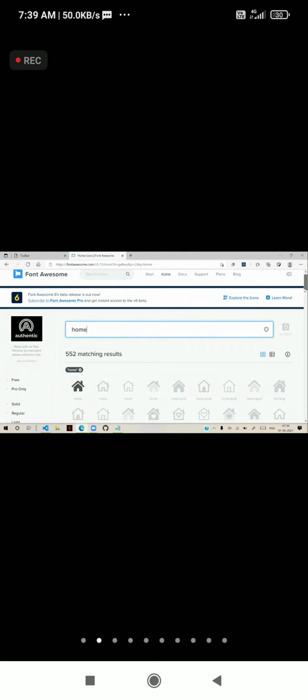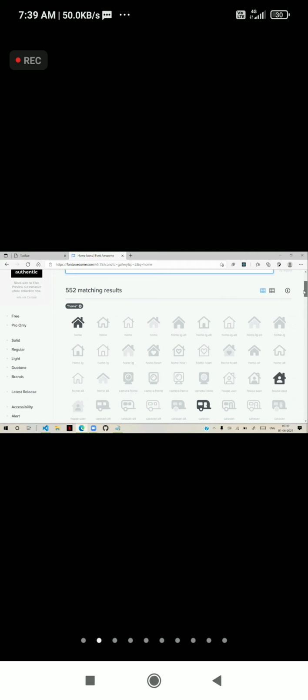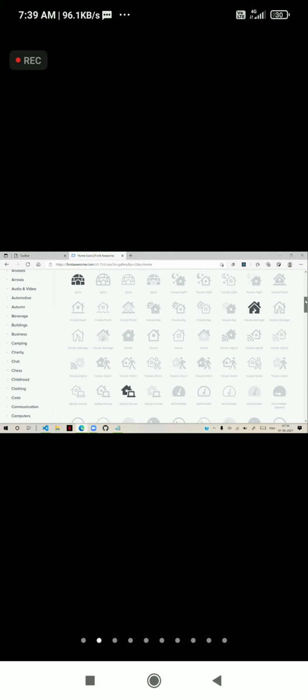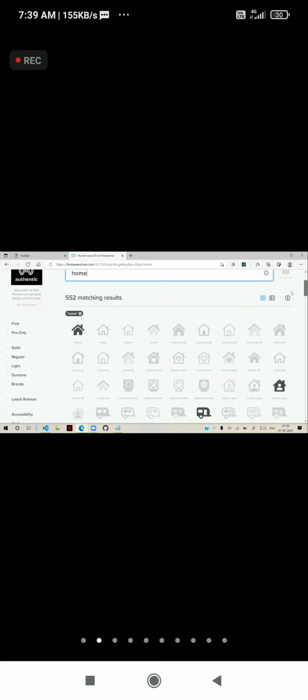You see the home icon is there. So see, only the dark ones you can use. Others you cannot use. So only the highlighted ones you can use. Others are paid. These are free. I can use this home. Click on that. You can see, to get that symbol, what is the class used? They will give the class name. You see the class name: FAS, FA home. That is the class.